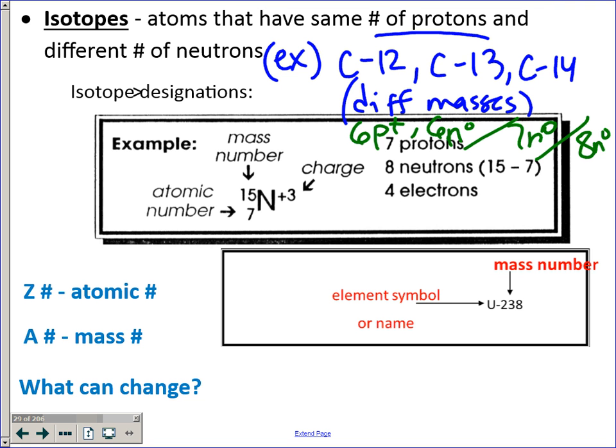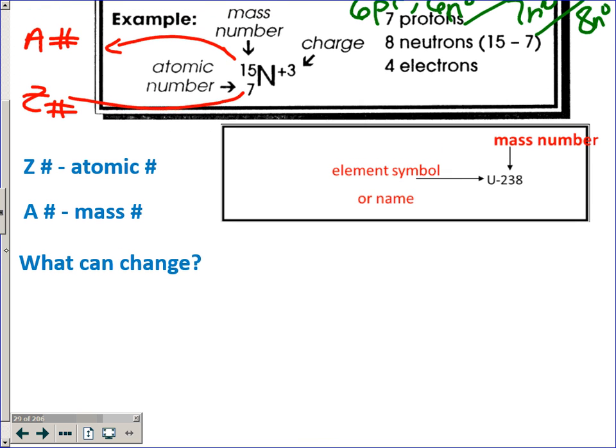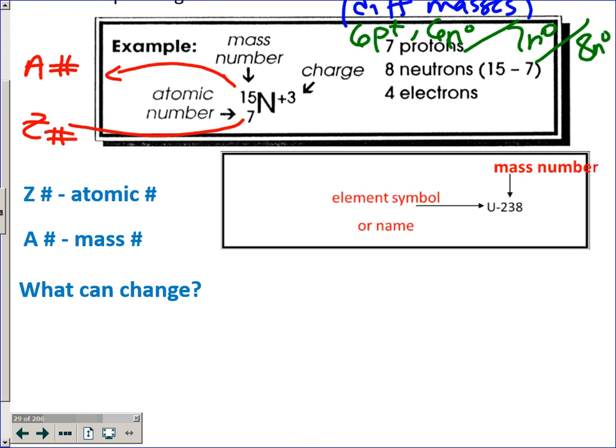So in terms of notating specific information about an isotope, there's this method and then there's this method down here. This is called the A to Z notation. If I ever ask you to write the A to Z notation, this is how you write it. The A number is the top number, and the bottom number is called the Z number. It goes in alphabetical order. The Z number is the atomic number, also known as the number of